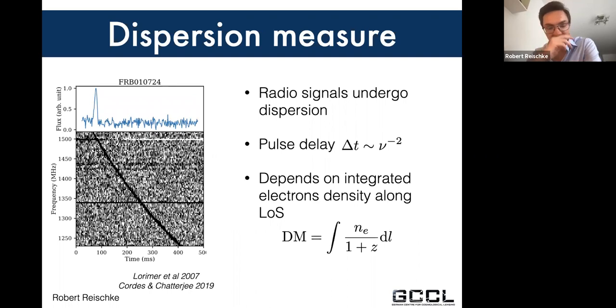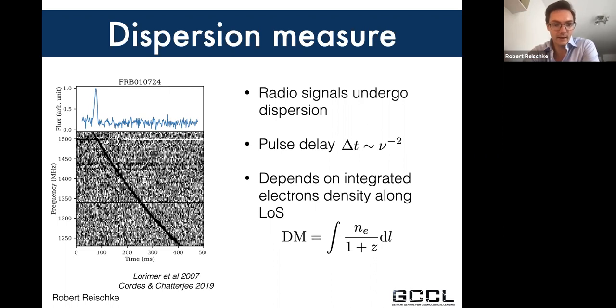And this radio signal, when it's traveling through the ionized mediums, through the extragalactic medium, gets dispersed due to constant scattering. What's happening is that you expect a pulse delay of delta t, which goes with the power law of the frequency to the -2. And this is what you see here in this plot, where you see the frequency plotted against the delay, basically,